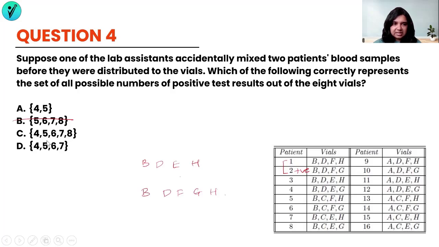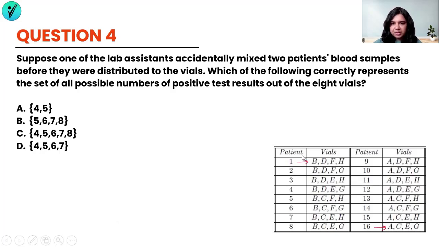What is not there is, let's say I need to see for 6, 7, or 8. 8 is there in only one of them. Let's try and combine certain patients in a way that we will get 8 positive results, or whether we can get it or not. For 8 positive results, we know that we have to take something which is completely not a part of one of the patients and is a part of the other patient. For example, I need to take vials which are completely different from each other. So I can consider patient number 1 and patient number 16's vials to be mixed because nothing is in common